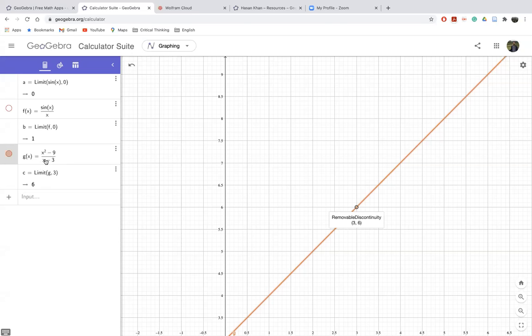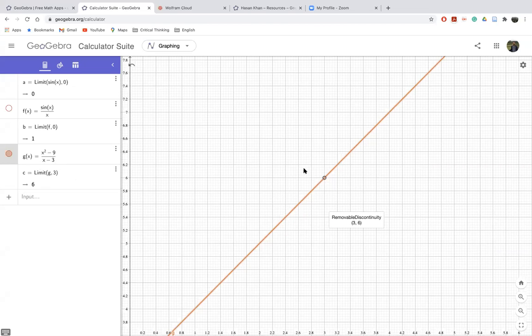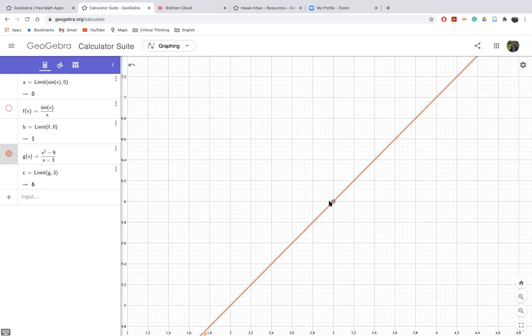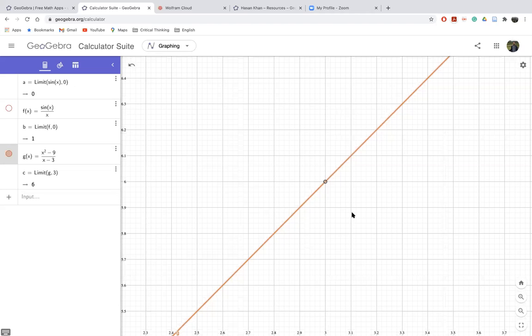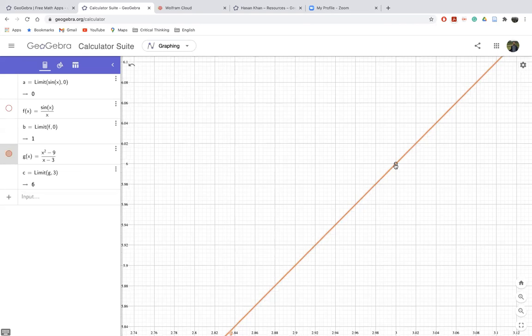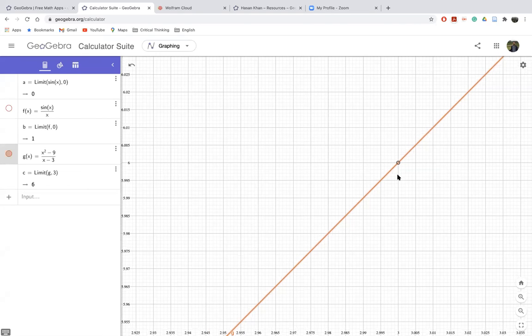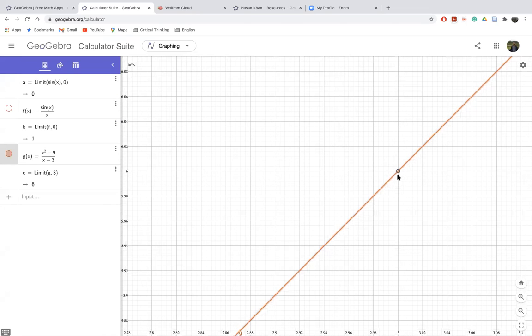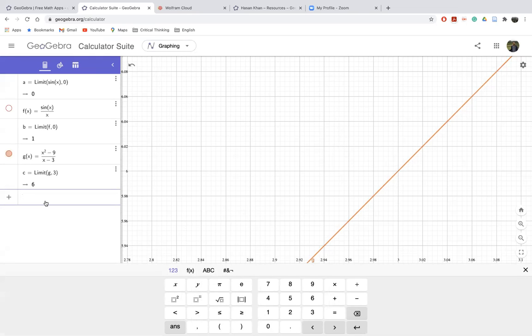But the idea of limit is that we don't care about that particular point, when x equals 3. What we care about is, once we zoom in to this function, or once we go close to the value of 3, what is the value of the function? That is the idea of the limit. If I simply zoom in, there is a kind of hole at this particular point, but we are not interested in that point. We are interested mainly in the value of the function when x goes close to 3. So this is how we can use GeoGebra to find the limiting value of a